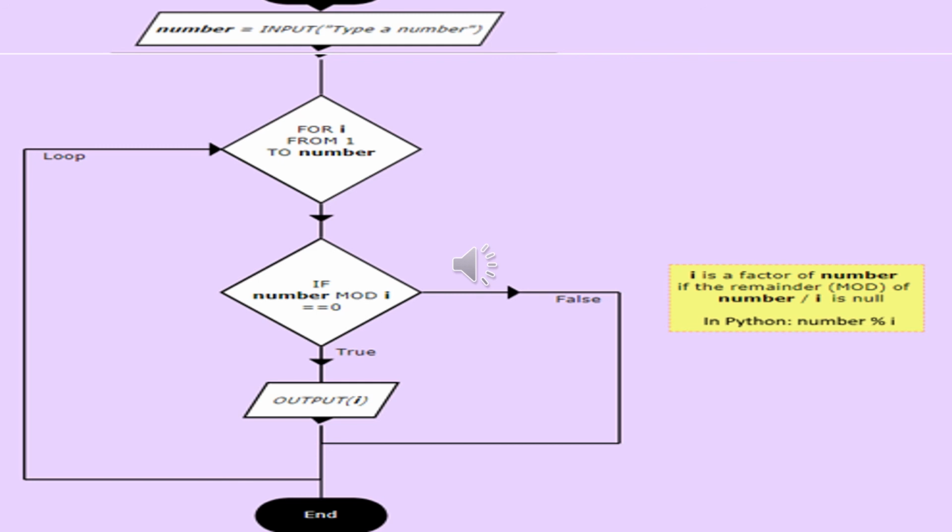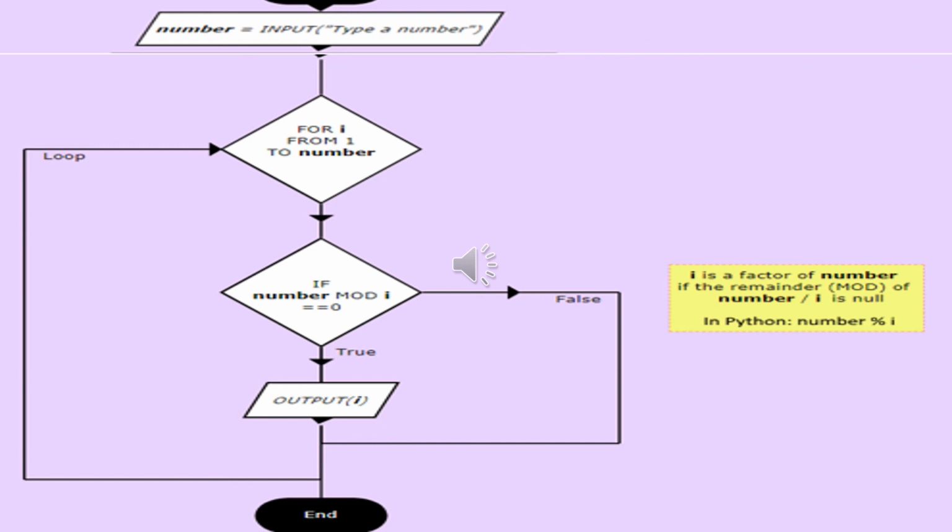From 1 to number means from 1 to 15, as we take the number equal to 15. So from 1 to 15 it will go to another decision symbol in which it will check if number mod I equal to 0.